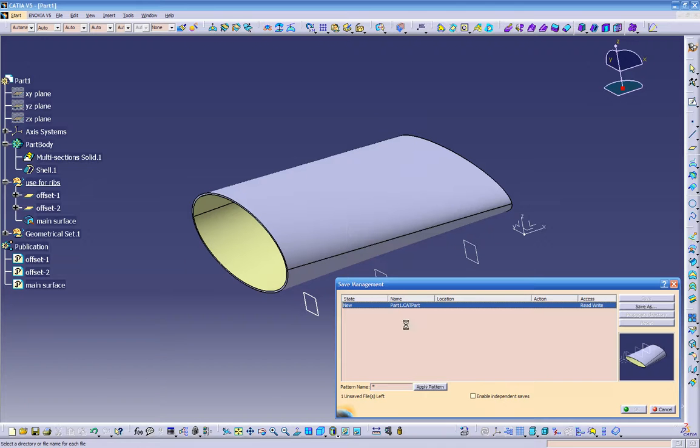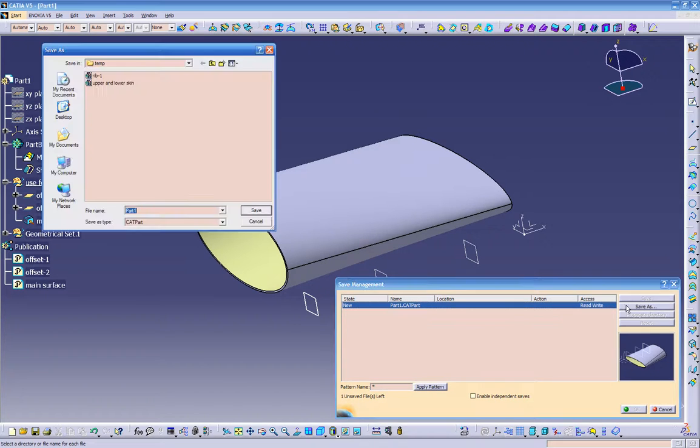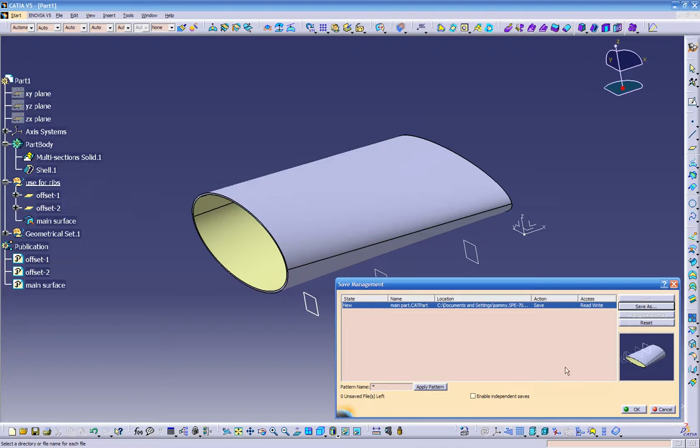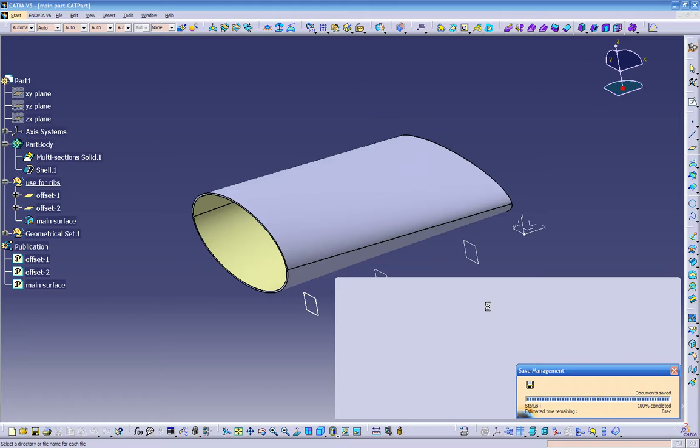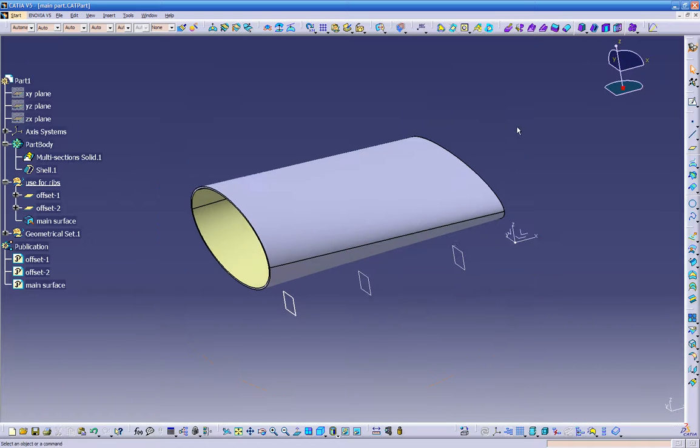It's already highlighted, and click save as, and we're gonna call this temporary ribs. We just make a new folder, and we're gonna save this main part. Click OK. So we have this saved. We can close this out right now,